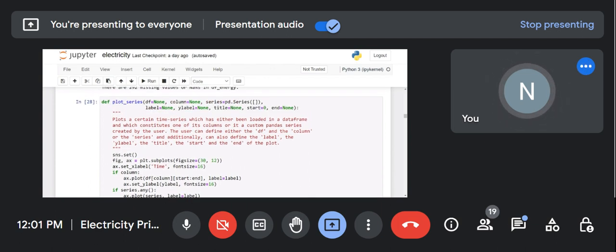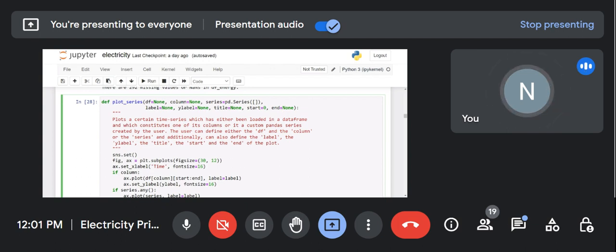So in order to plot a series, I created a method that is called plot series. In this plot series, I'm going to give the data frame. I need to give the column. I need to plot the series, because this is time series analysis, so I have to plot the series. OK, so I need to give the x label, OK, and y label, title, and whatever the start is, from where to where it ends, all that has to be given. So initially I have set None here,